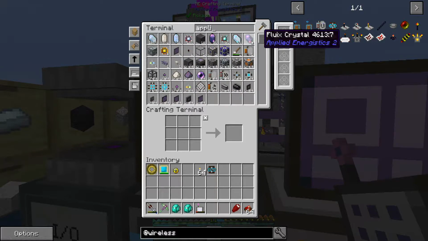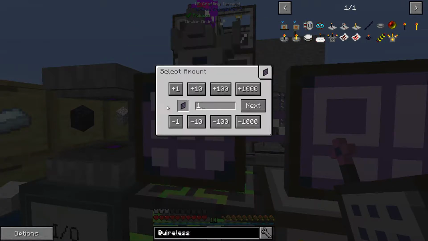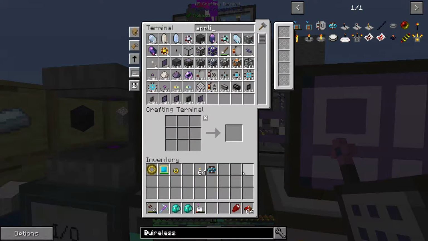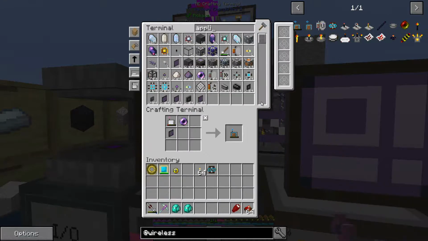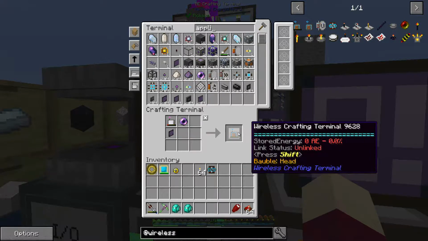So, applied, doing a lot of stuff with Applied Energistics. We need one of these, and then we need a crafting terminal. So we'll make one of those. Shouldn't take real long for any of that to be made. And then we need to do this. Now, unfortunately, that looks like it's going to reset my